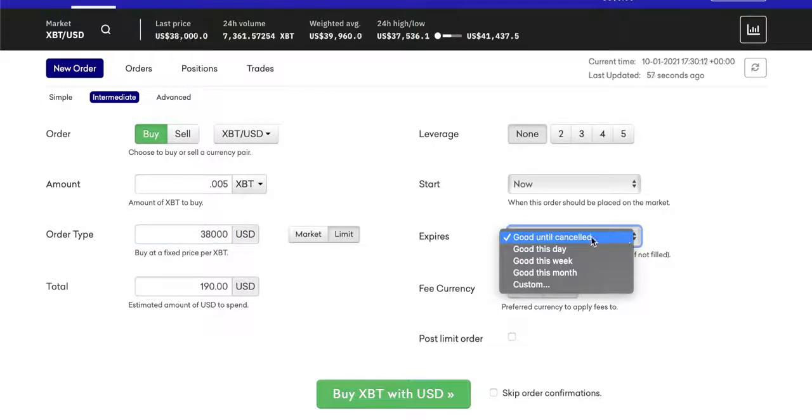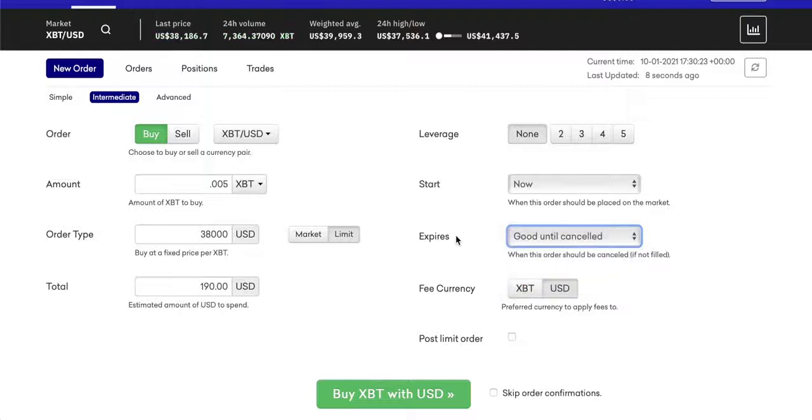in either good until cancelled. That means it will stay in the system forever until you go and cancel it. Good for only 1 day. This order is good for a week or a month, or you can just choose a custom time frame to put that order in. You can also see the estimate that Kraken thinks it will actually take overall. So 0.005 Bitcoin at this many US dollars per Bitcoin in total would be this dollar amount for the entire